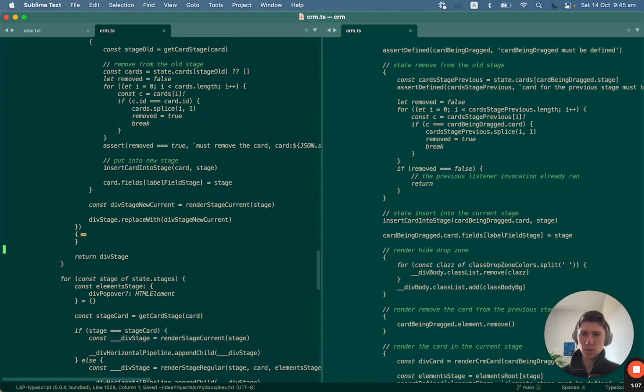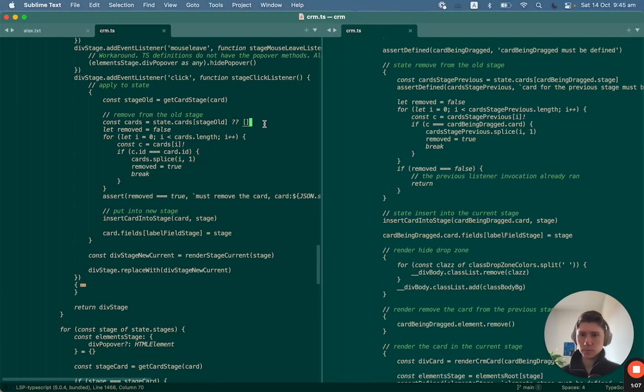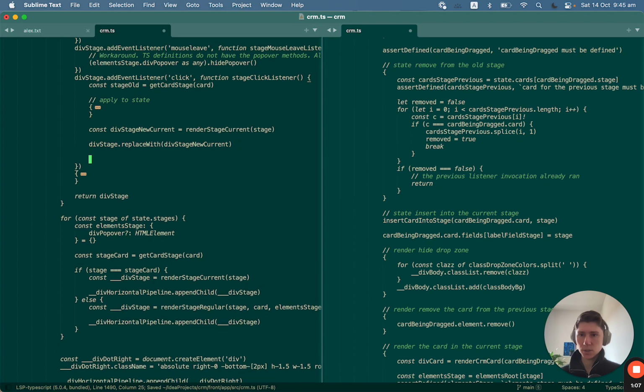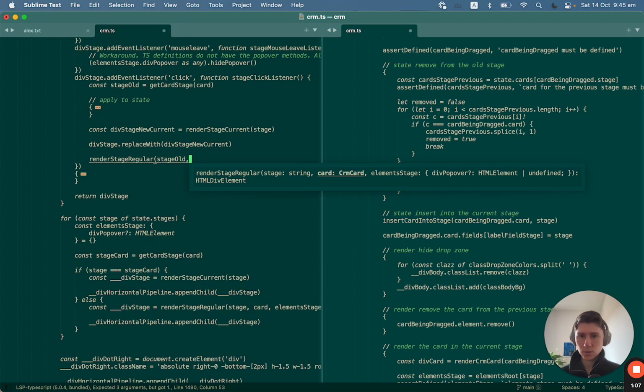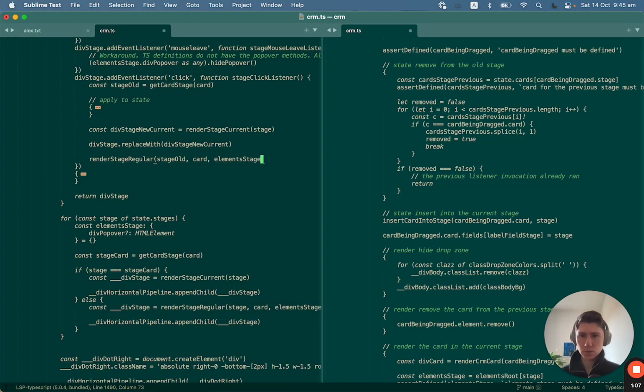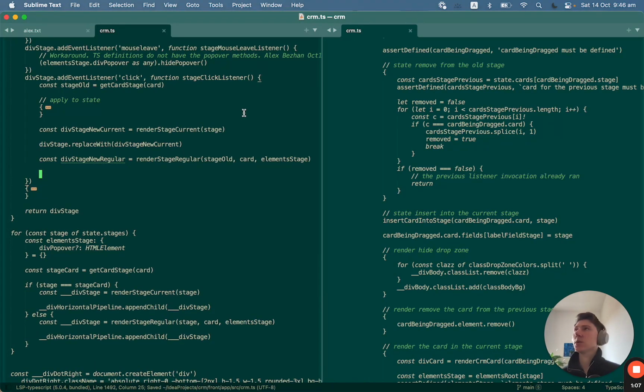So we can say stage alt is gonna be here, and we can say render stage regular, stage alt, card elements stage, and div stage new regular, and here we want to say